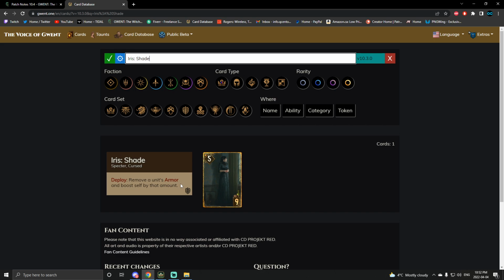Now, I had another idea that I play tested a couple months ago. If you guys remember this one, I was playing Dwarves, and I said, okay, well, what if we put Iris Shade in a Dwarves deck, right? And the conclusion was that Yarpen was just better, because Yarpen was 9 provisions, and it would be one or the other, basically. Now, with Iris Shade being 7 provisions, and from what I've been told, Dwarfs are getting tons